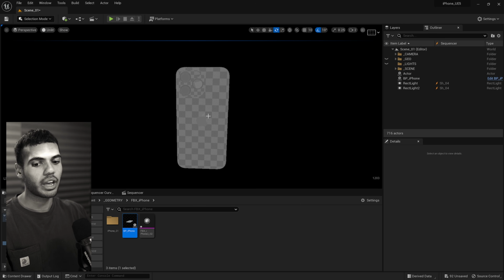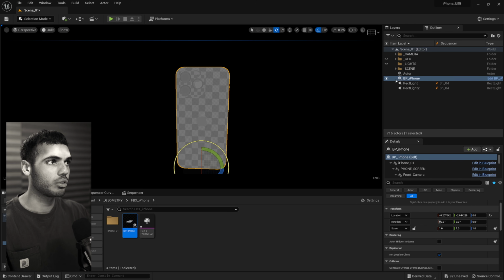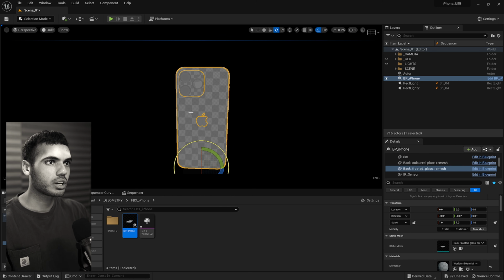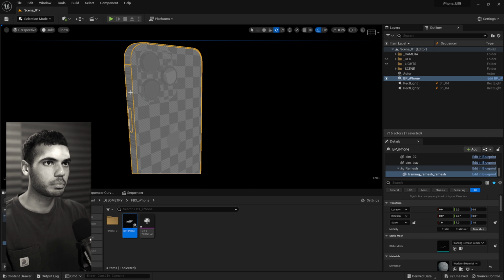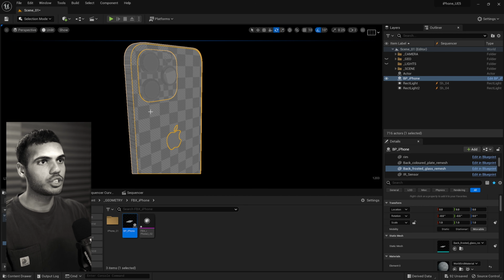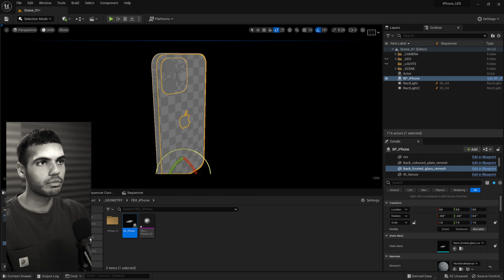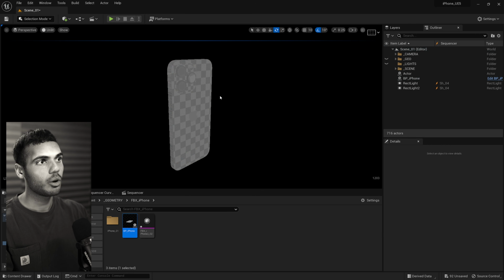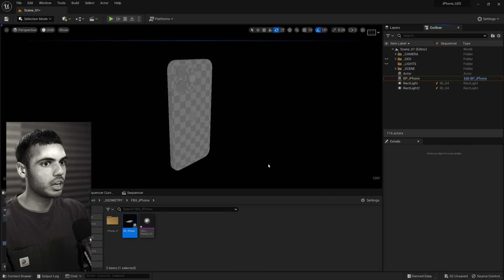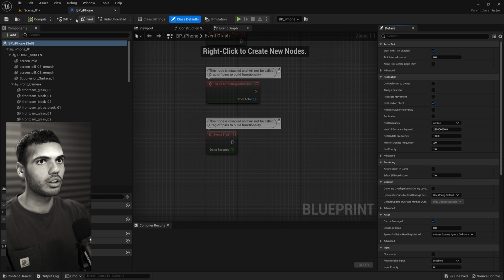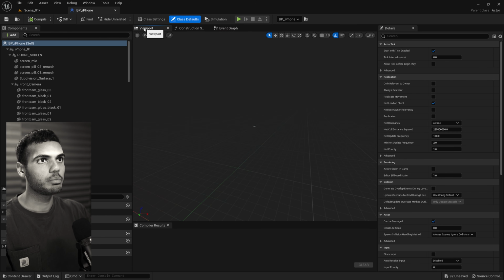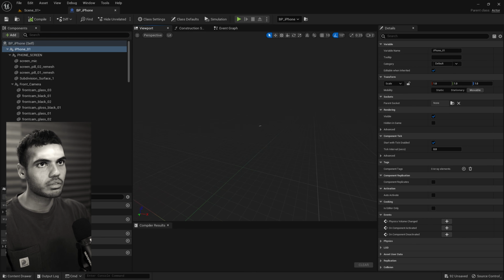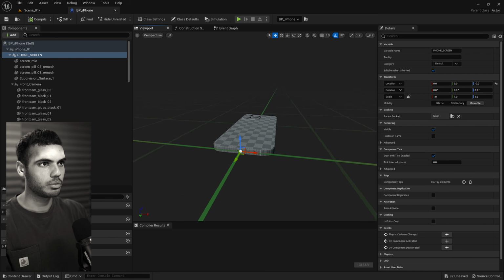So now you might be wondering, how am I supposed to do materials, because it's all one object? You could double click on this and then change the materials, but that's definitely not what you want to do, because by doing that, it only changes this instance of the object. So if you drag a new one in, you're going to have to do the materials again. What you want to do is go to edit BP iPhone here, or you can just double click this. It'll open up. Go to viewport, click on something and then press F to zoom in on it.